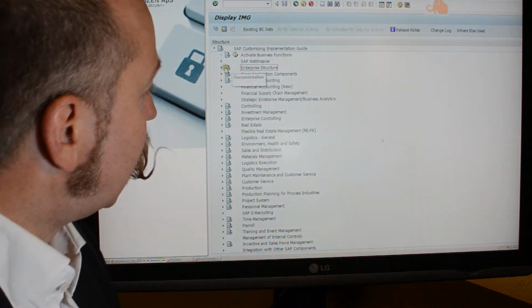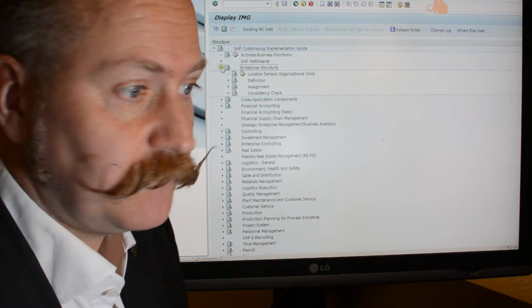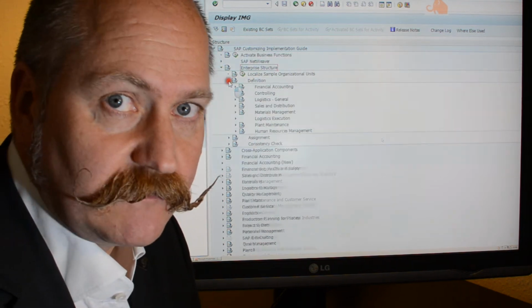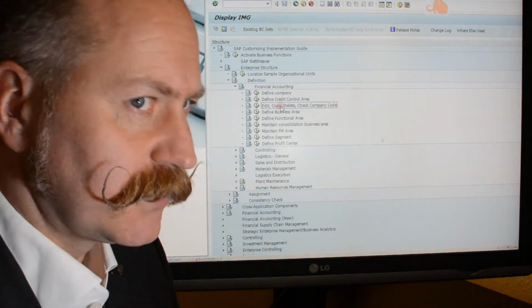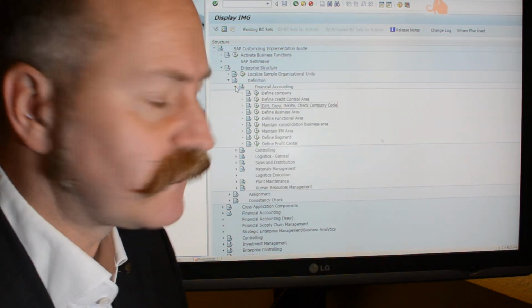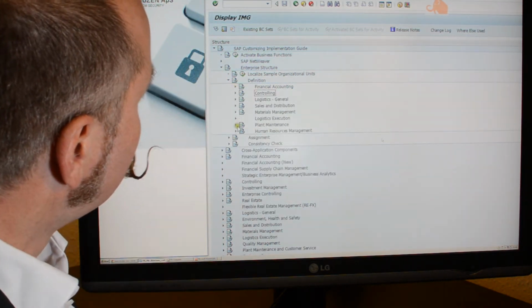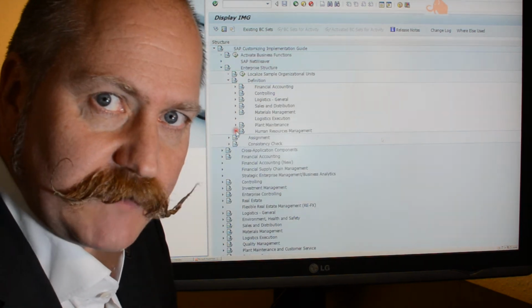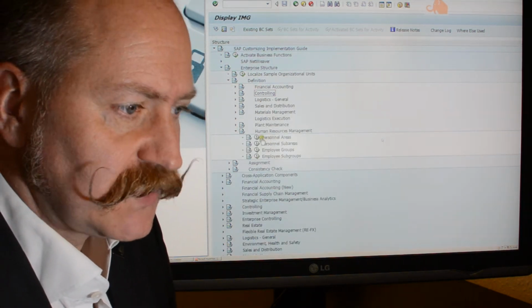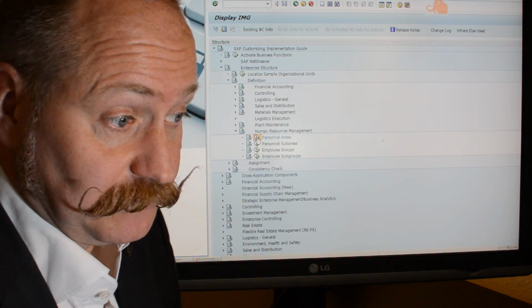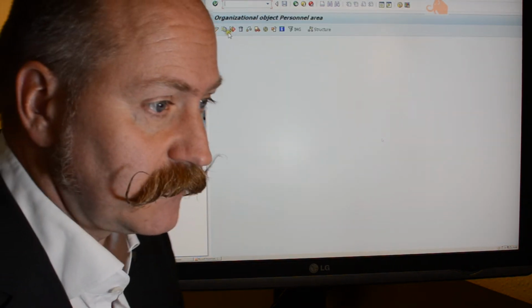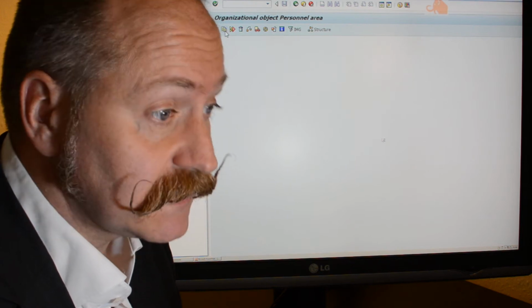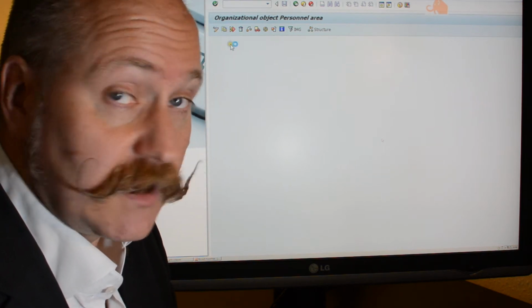We'll go to the IMG, where we'll go into the enterprise structures and find, we can see for finance we also have the company code. We will not customize the company code, it belongs to finance. But we will go to the human resource management part, and here we will start to customize the personal area. We have a dialog box here where we can set up and copy the personal areas, and using the copy function here